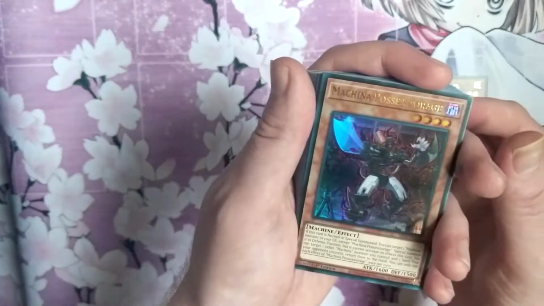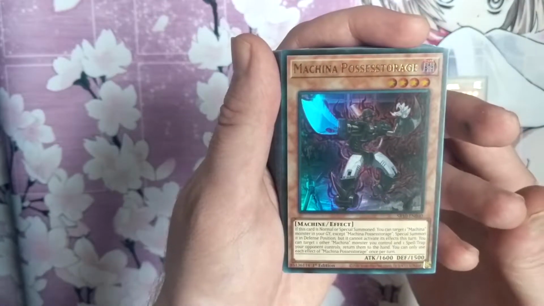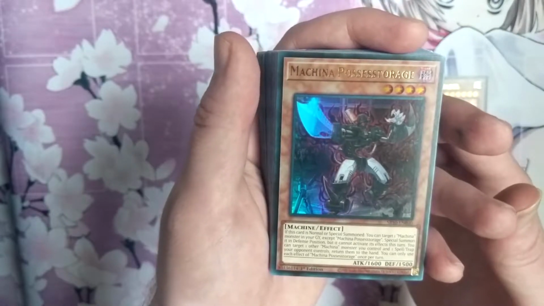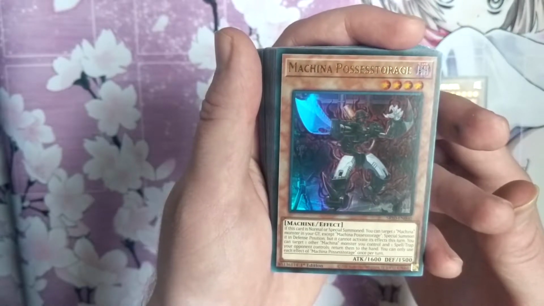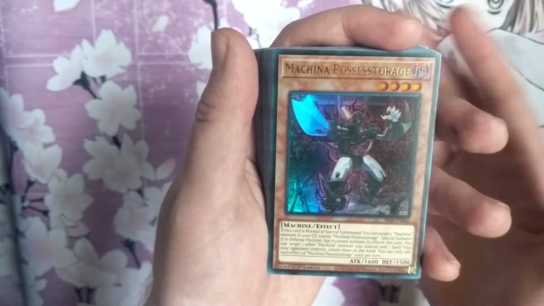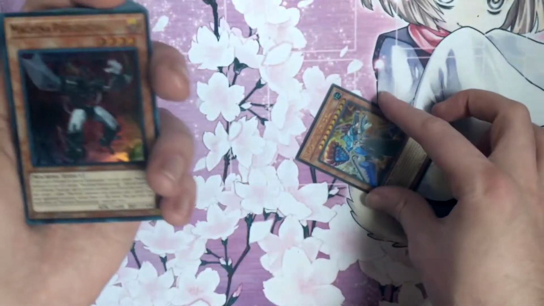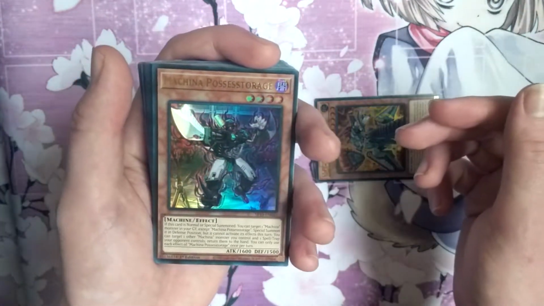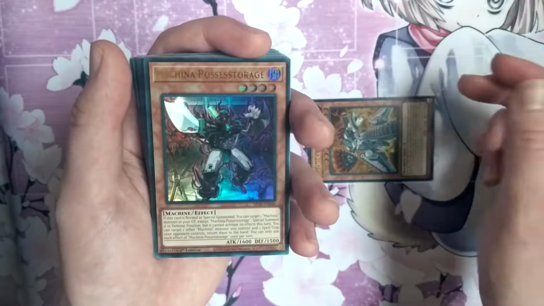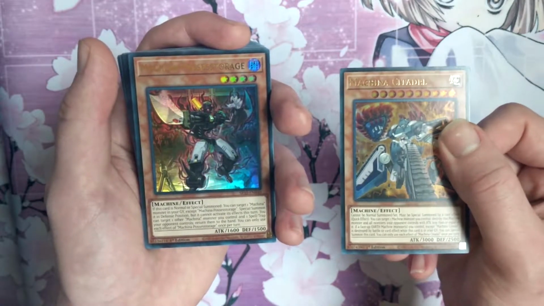We've got Machinae Possessorage. Level 4, 1,600 attack, 1,500 defense. If this card is normal or special summoned, you can target a Machinae monster in your graveyard, except Possessorage. Special summon it in defense position. So you could use that to get your Citadel out if you wanted. No problem. That right there is a combo. But it cannot activate its effect this turn. So, that's a bit of a bummer, but remember this is a quick effect, so as soon as your opponent enters their draw phase, you can use it,